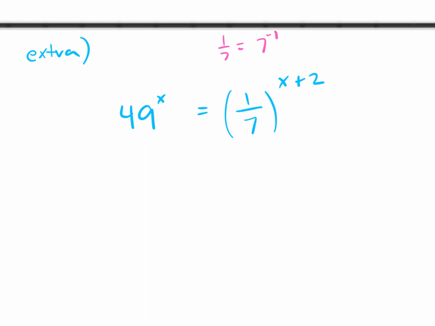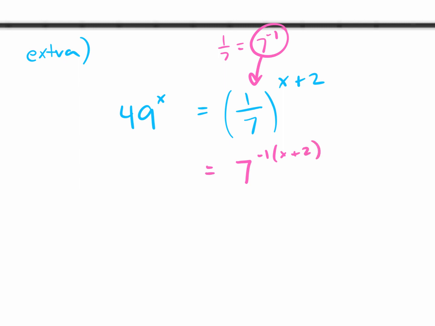To the negative 1 power. So I couldn't make it to the power of negative 2 because then you're changing the value. We don't only want to make them look the same, but we have to keep the value the same. So I'm going to change the 1 over 7 to be 7 to the power of negative 1 because it doesn't change the value. So 7 to the power of negative 1 times x plus 2 is equal to, now